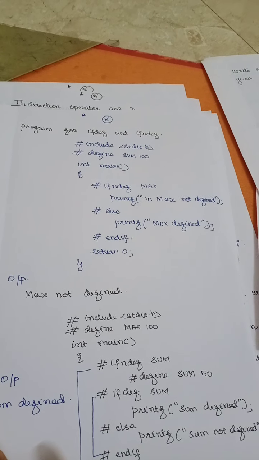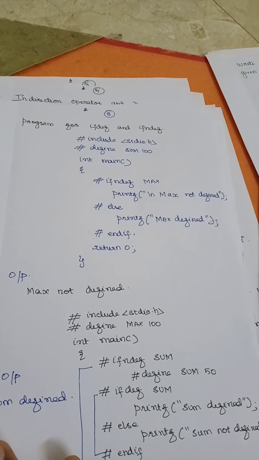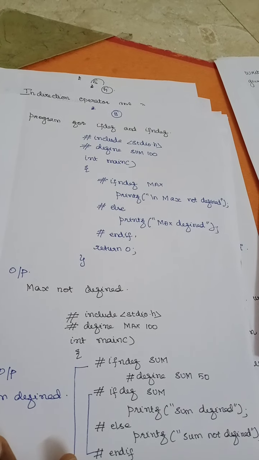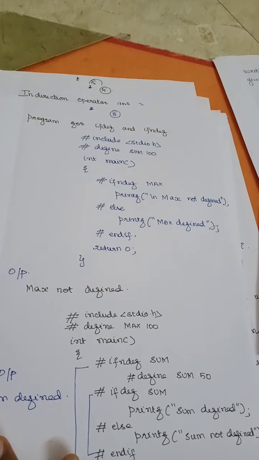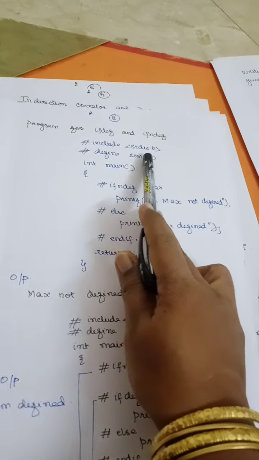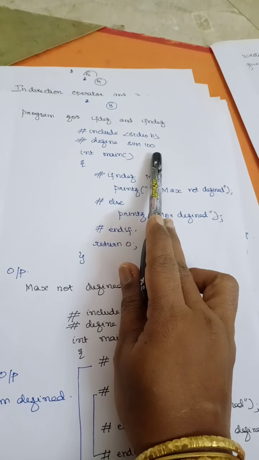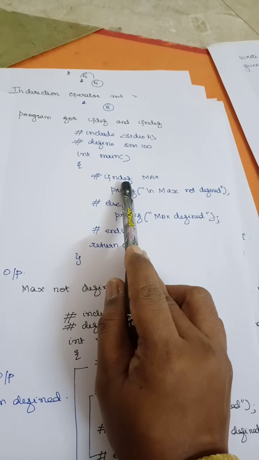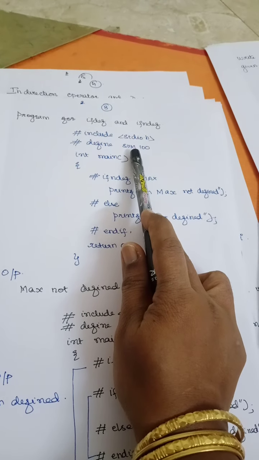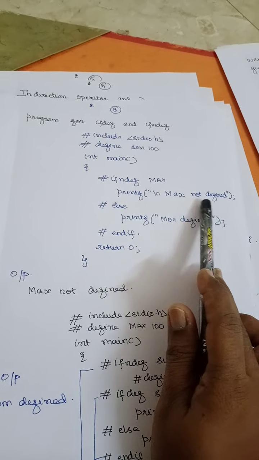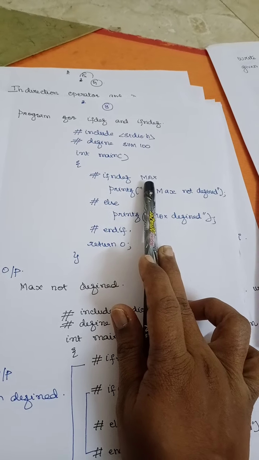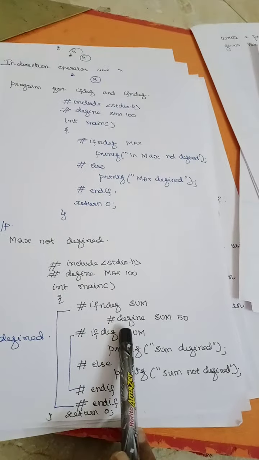Now we'll see the example for if not defined. If def means if the macro is defined, then I need to do some particular operation. If the macro is not defined, then what do I need to do? So hash include stdio.h, hash define sum 100, int main. So here I am using ifndef, if not defined max. My max has not been defined here. So what do I have to do? I can just display a message. Either you can display the message or else you can also redefine the max. So for that I have given an example here.